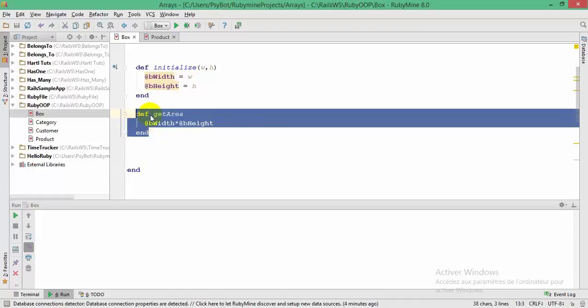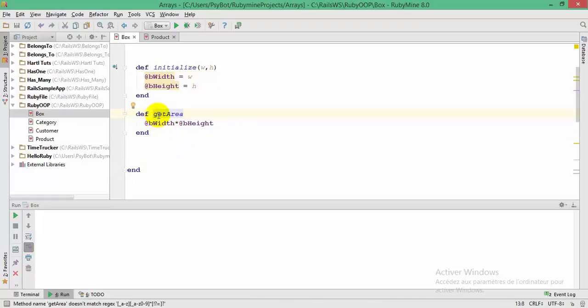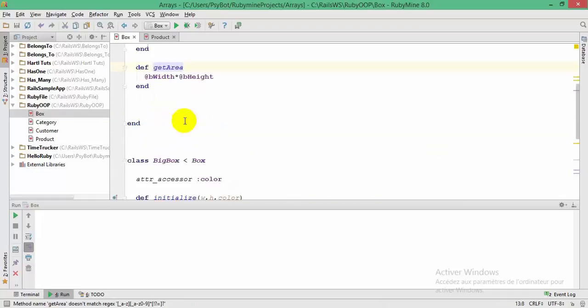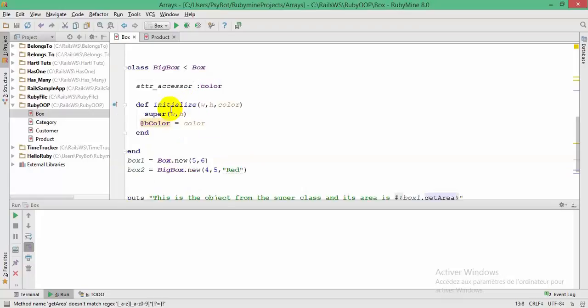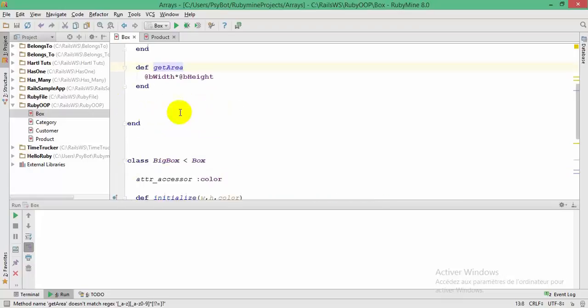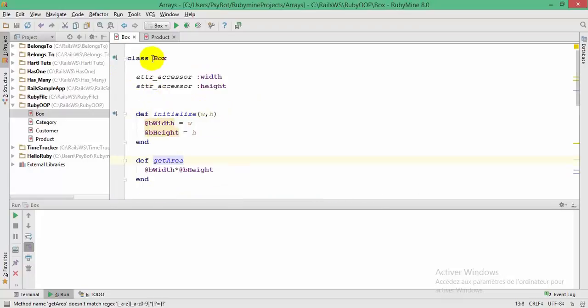And if I want, for example, to make this function only accessed by the child classes and not accessed by other classes which are not within the family of the same class, that means classes that are not children of the superclass, which is Box in our case. In fact, in Ruby,